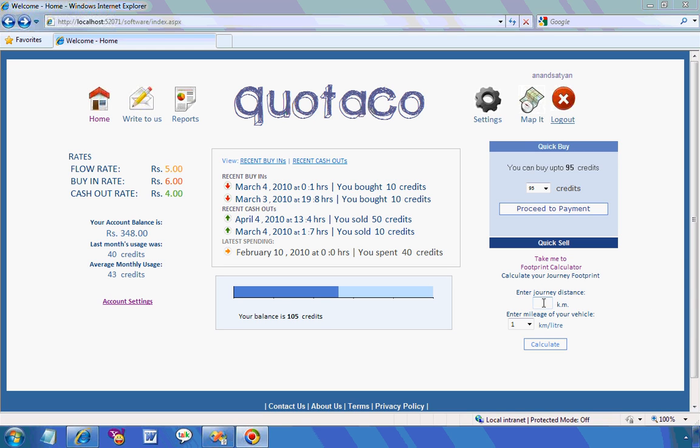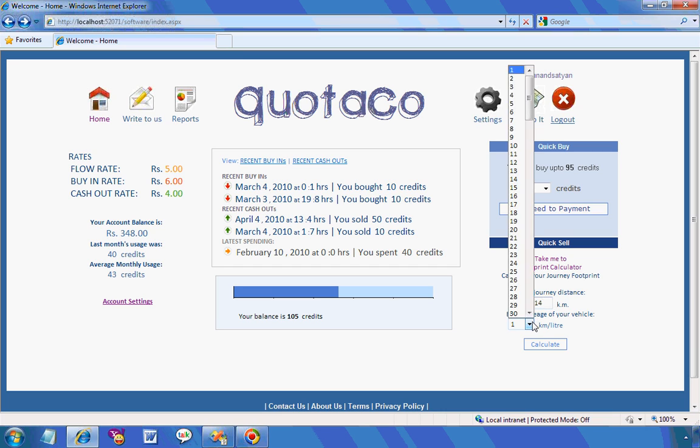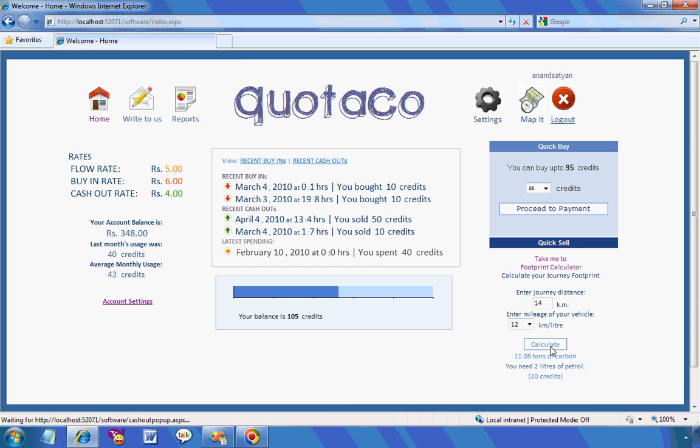So I start by giving the journey distance, which in my case is about 14 kilometers per day to and fro, and I give the mileage of my vehicle. Let's say I take a car which gives me a mileage of around 12 kilometers per liter, and I say calculate. So that gives me 11.06 tons of carbon, which is emitted,